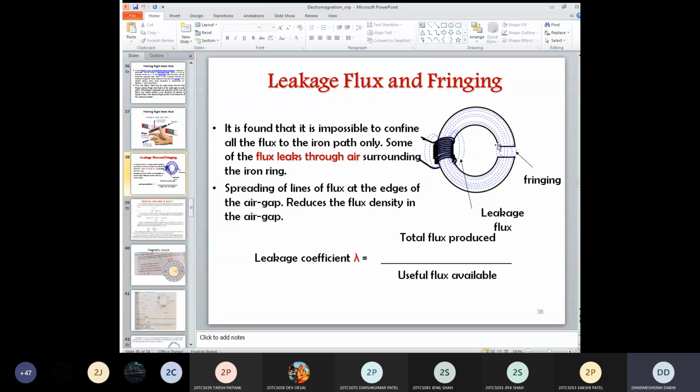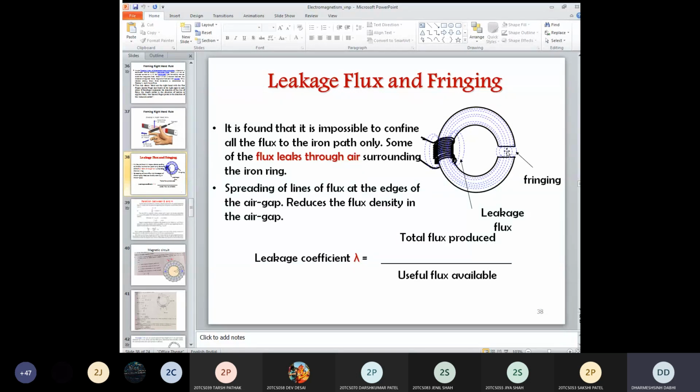So at the edge of this air gap, some of the flux lines are spreading, and because of that, the flux density in the air gap is reduced, because flux is passing through a larger area as compared to the flux passing in the core material. Clear? You can see at the edge of this material, some flux paths spread out, and then after that reach the next end. Because of that, the area of the flux is increasing. So what will happen? As per the definition of flux density, flux divided by area, the flux density decreases because the area increases. The area of the flux increases, so the flux density decreases.